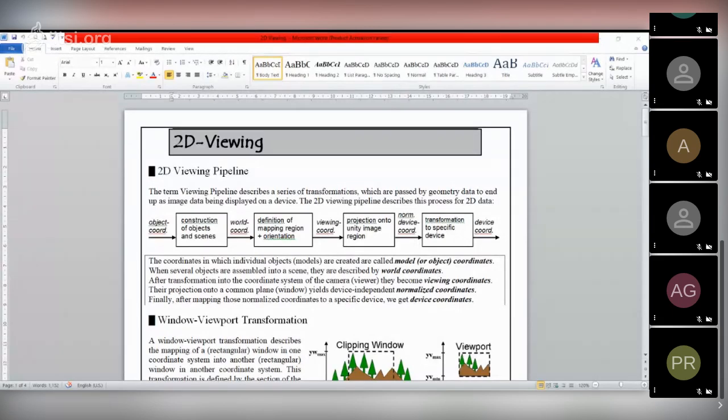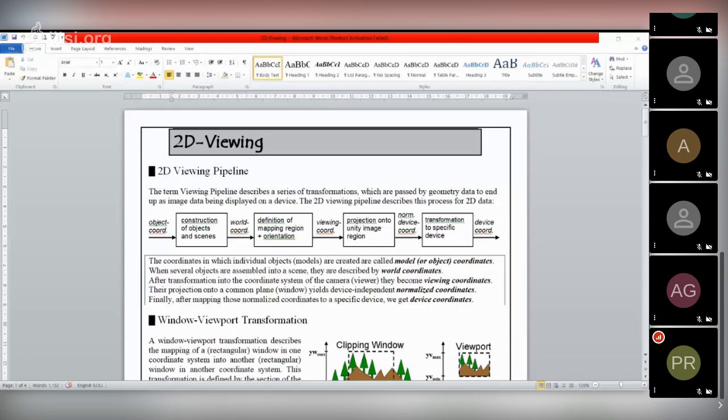The real life object has to be captured from our camera. So after defining the real life scene and the portion we should capture, we have to define the projected viewing coordinate of our device.